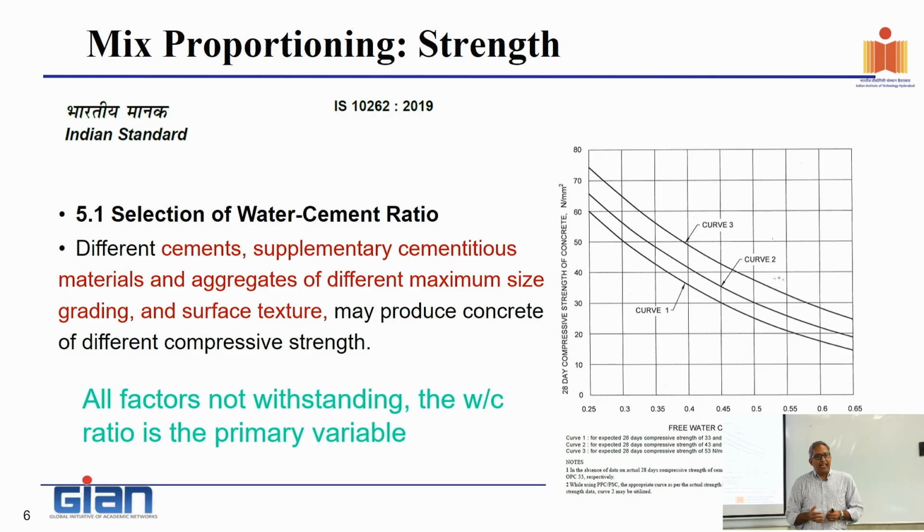So what would we expect from an admixture? It is something that I would use in a very small quantity so that the basic proportioning does not get upset. I've already done that. Now, if I start introducing a third component, which starts playing around with my basic composition, then everything else changes. So it has to be used in such a small proportion that it doesn't upset what I've done with my basic proportioning. And it introduces some change in the behavior or modifies the property in some way, which I can't do just with the basic proportioning. Okay, so admixtures are my last resort, which is the last lever that I have in order to tick all three boxes.